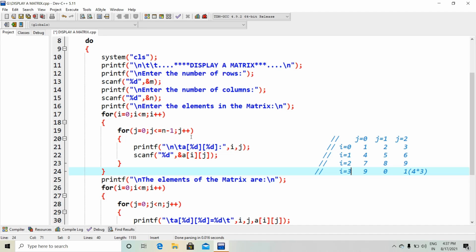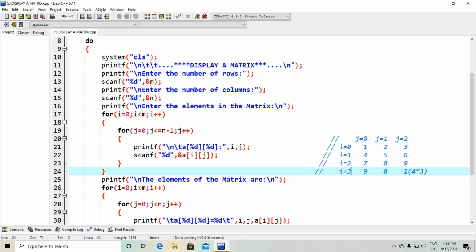Then when the j value becomes 3, the inner for loop will exit. That means for j equal to 3, this part will not be executed. Then the i value will be incremented by 1, so i will be 1, that means 0 plus 1, because i plus plus means i equal to i plus 1, this is our increment condition.